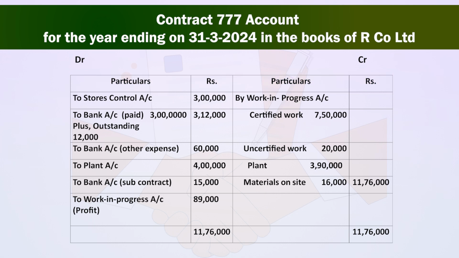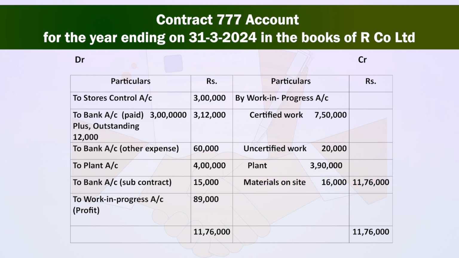As you know that it is work uncompleted, therefore on credit side we have only one entry, that is of work in progress. So on credit side, one entry: by work in progress account. Here we will record certified work rupees 7,50,000, uncertified work rupees 20,000, plant rupees 3,90,000 and material on site rupees 16,000, making total of work in progress account as rupees